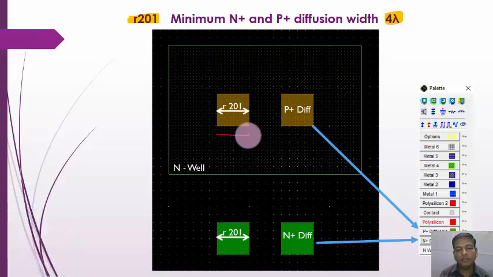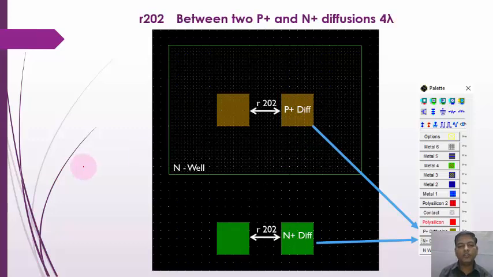P plus diffusion is the brown color and N plus diffusion is the green color, the rule is the same. R201, 4 lambda is there, and we have taken N plus diffusion from this palette, and P plus diffusion from this palette. Everyone got it? Okay.